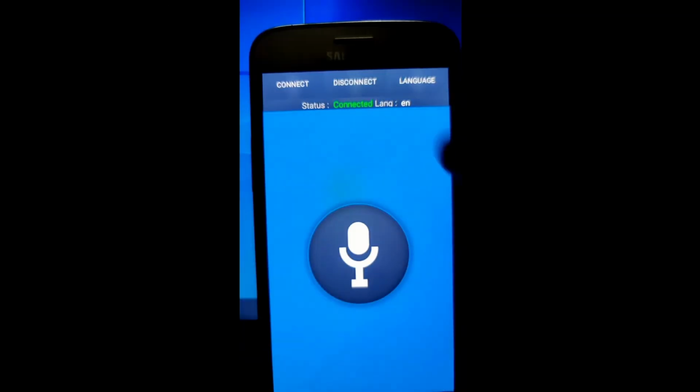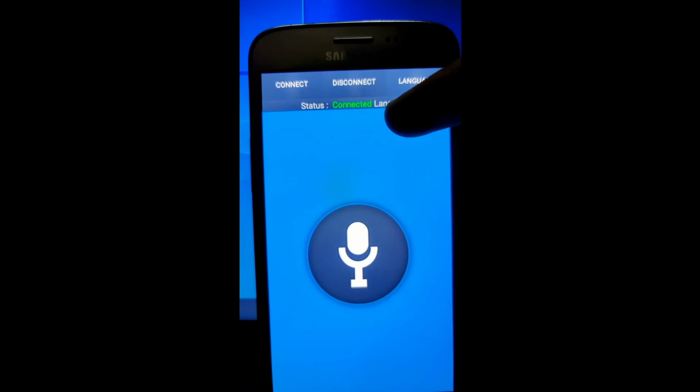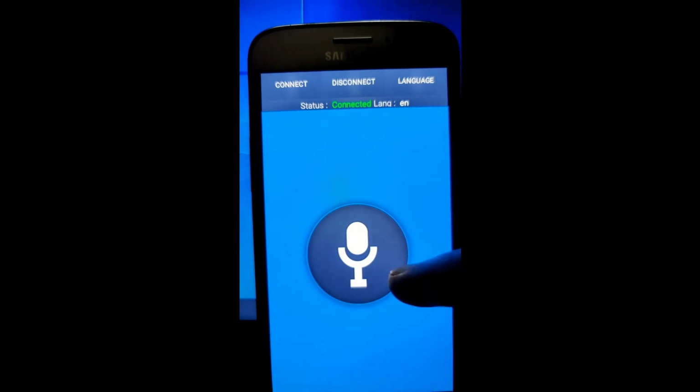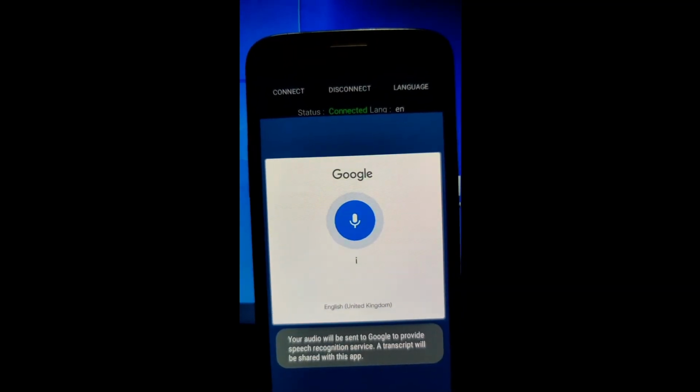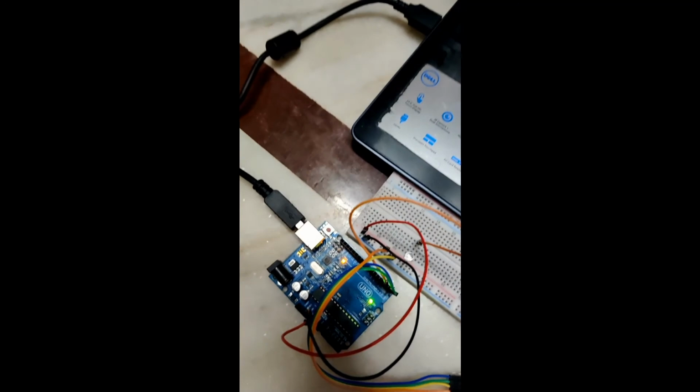Selecting the button will help me identify all the components available. Click it, it will be connected right now, and you can see that the status is connected. Now press the voice button. You can press the mic button there and give the command. I'm going to press it right now. Let me press it, saying switch on. Switch on. That's all I conveyed.